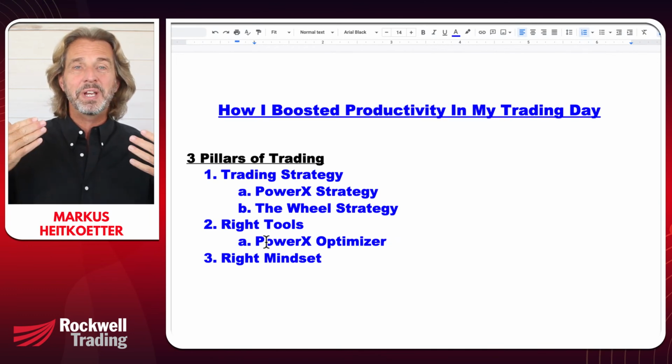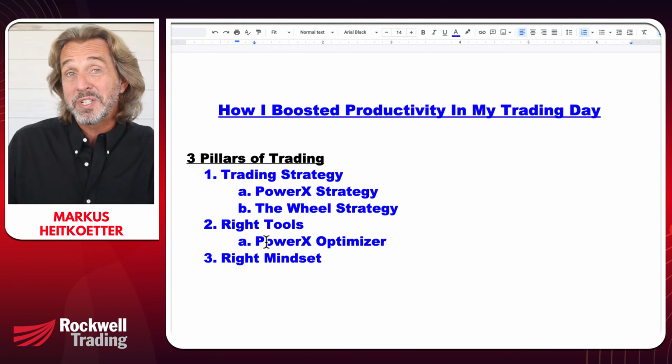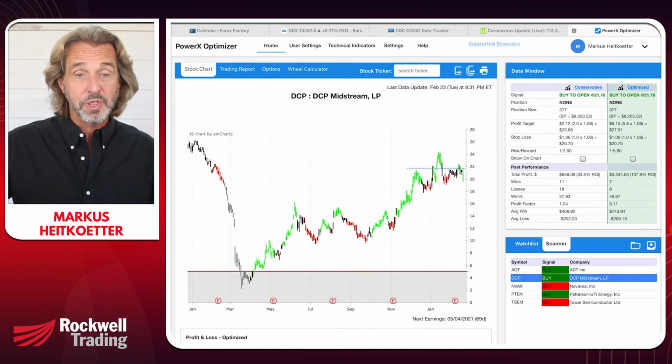If I didn't have this trading software, it would be really challenging, and I'll show you exactly what I mean by this. I'll show you a very specific example. You know what? Actually, let's do this right now. Let's take a closer look at these software programs that I'm using here, and we start with the PowerX Optimizer. So I want to share my screen with you so that you see this tool